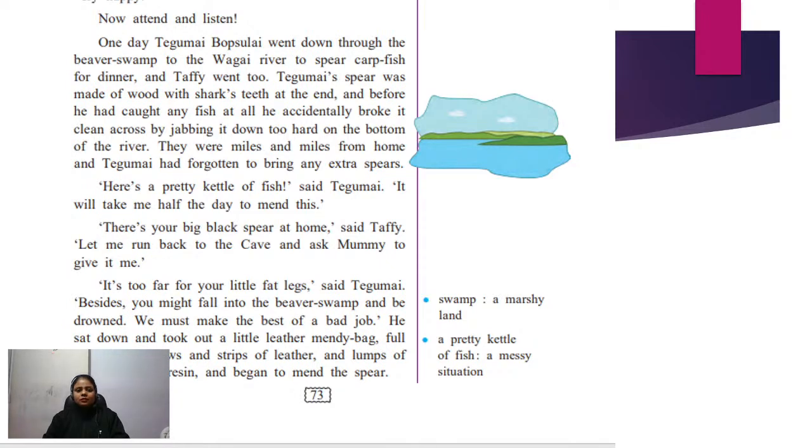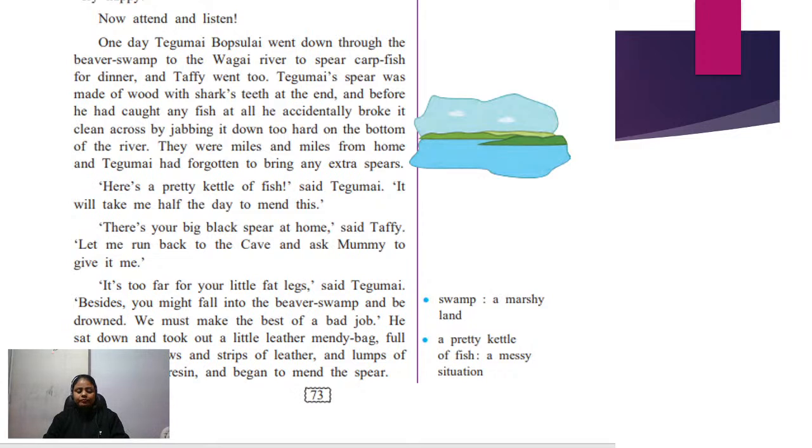Tegumai, along with Taffy, went to the river to catch some fish for their meal. But in turn, they have broken the spear, and now they are in a problem. Taffy says, "Dad, father, I'll just go to the cave and get your black spear," which Tegumai has actually forgotten